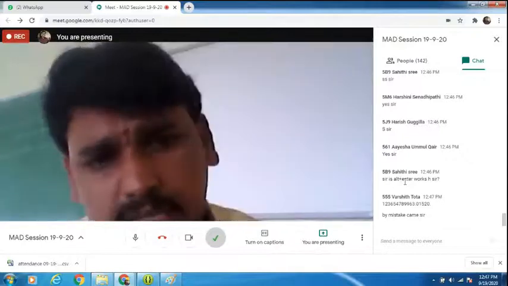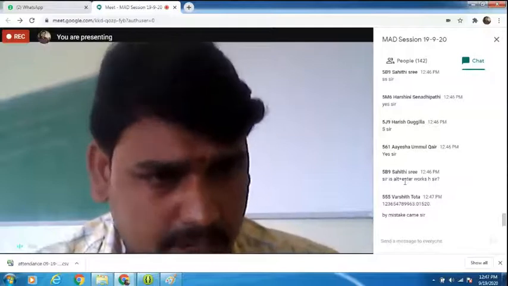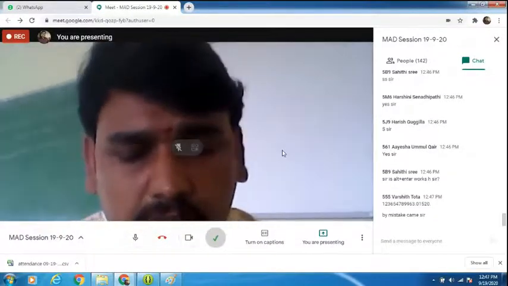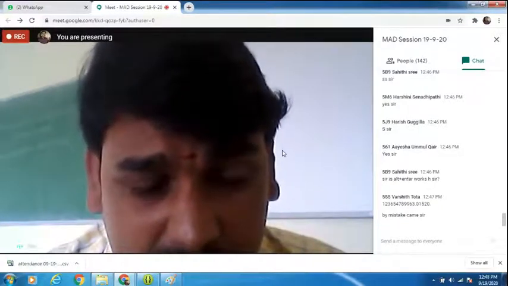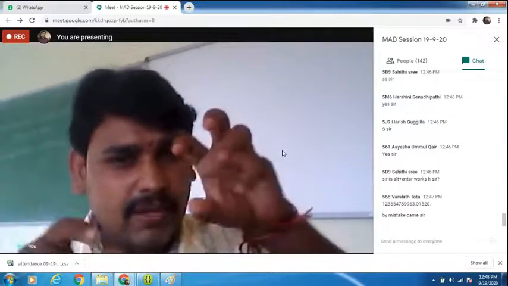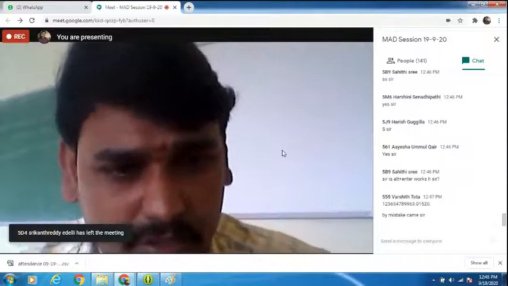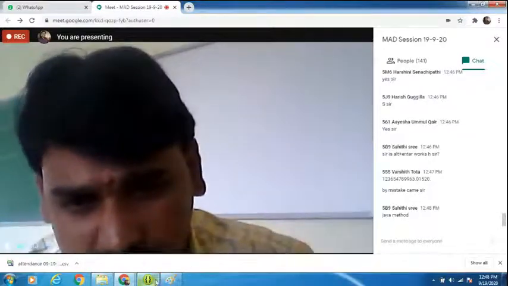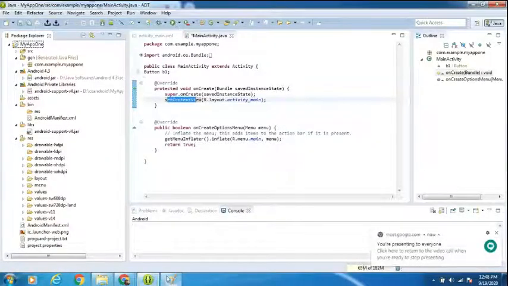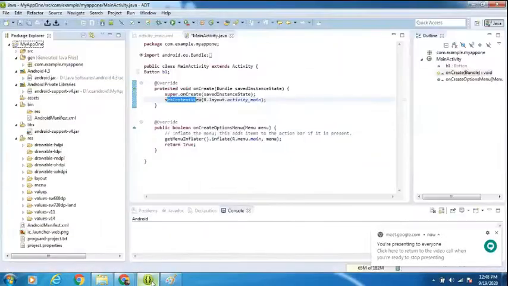Alt enter also works. Okay, no problem. Right now, where have we seen setContentView? In our swings, to get the work area of a frame, we have used setContentView. Clear? f.setContentView. Is it clear? We get the container. We call this the container here. Container means this Android main page. In this container, is it clear, everyone?